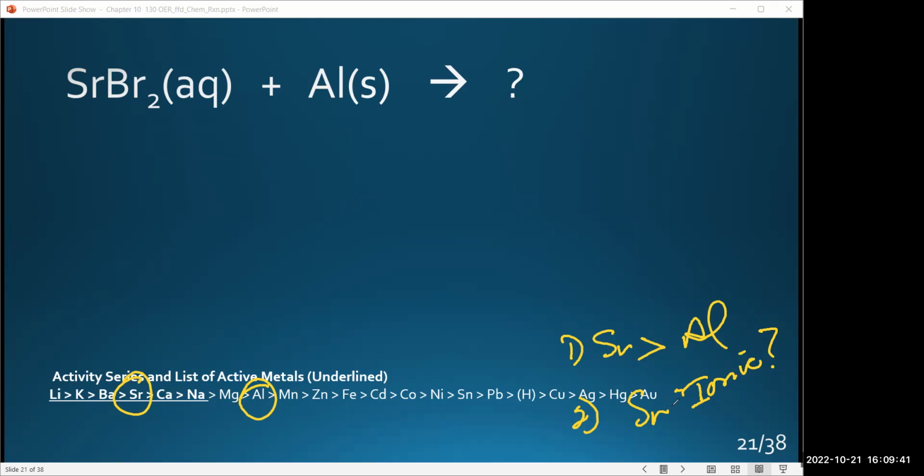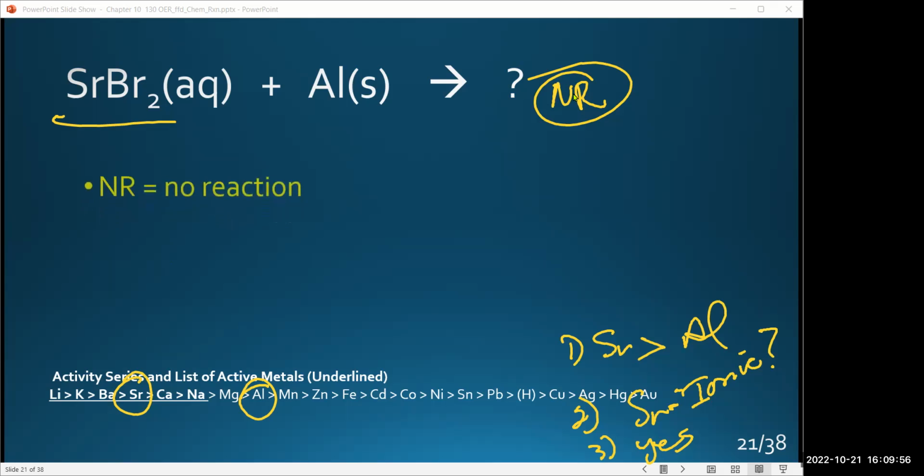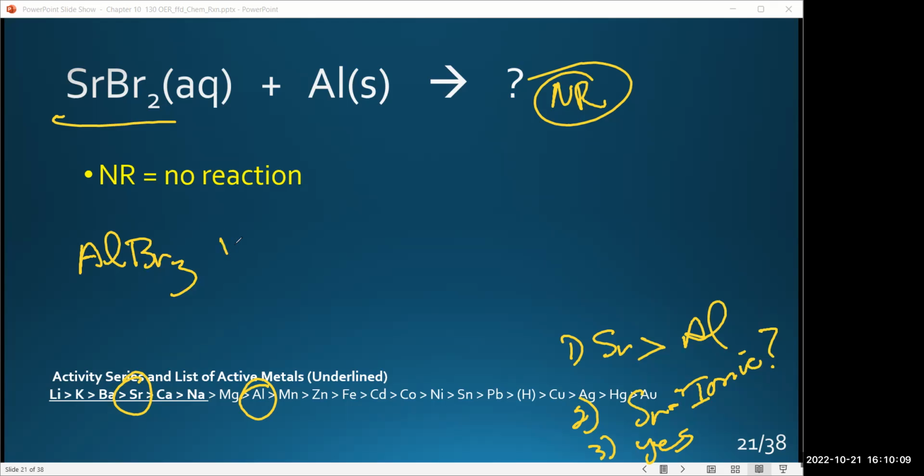Because that's the most reactive metal. And in this scenario, yes, it is ionic already. So the result is no reaction. No reaction because the most reactive metal is already in ionic form, which means that if you're given the opposite direction, meaning if you start out with, let's say, aluminum bromide plus strontium,